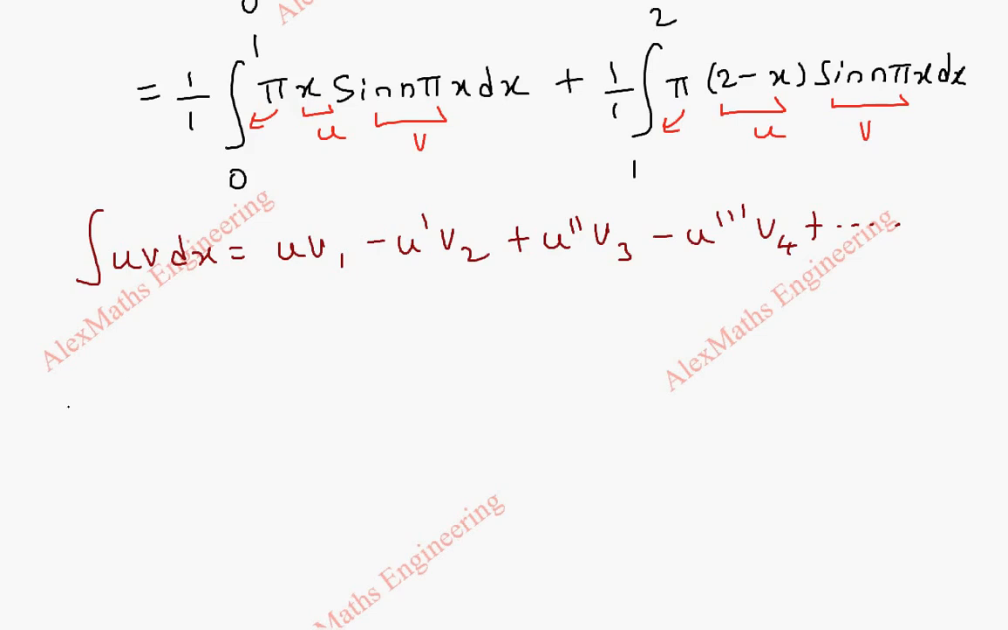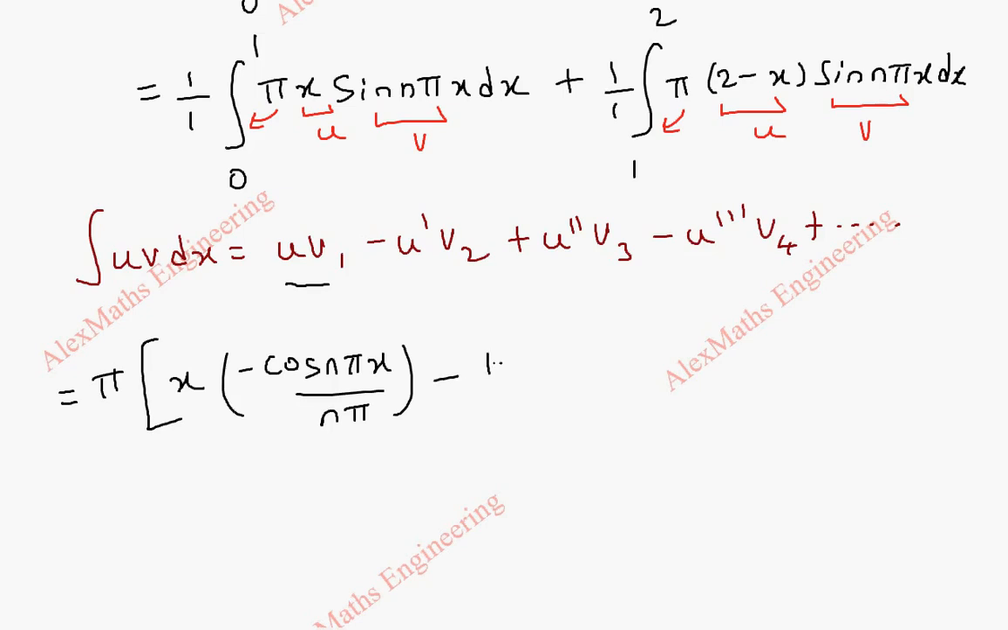So here pi we keep outside. First is u, which is x. Then v1 is integration of sin n pi x, which is minus cos n pi x by n pi. Then minus u dash, which is 1. And integration of this will be minus sin n pi x by n pi whole square,